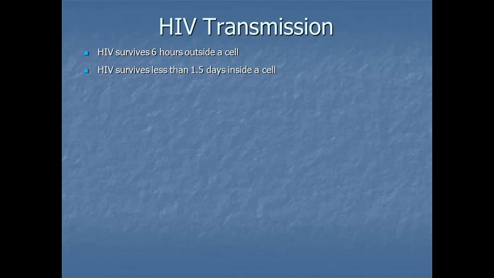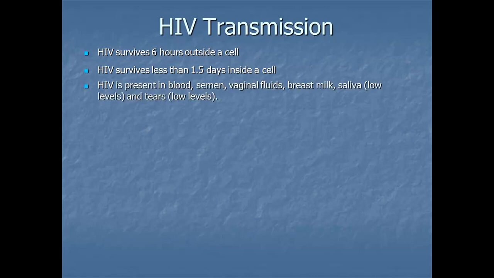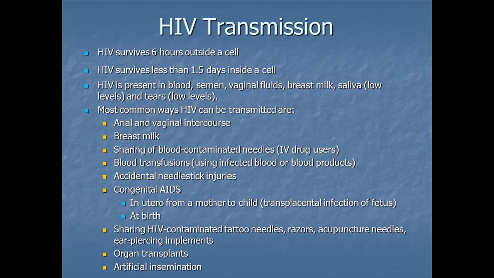So HIV can survive 6 hours outside a cell. It survives less than 1.5 days inside a cell. HIV is present in blood, semen, vaginal fluids, breast milk, saliva in very low levels, and in your tears in very low levels. The most common ways HIV can be transmitted are anal and vaginal intercourse, breast milk,